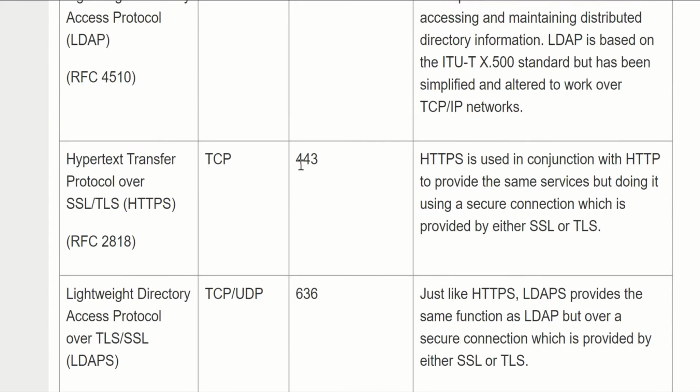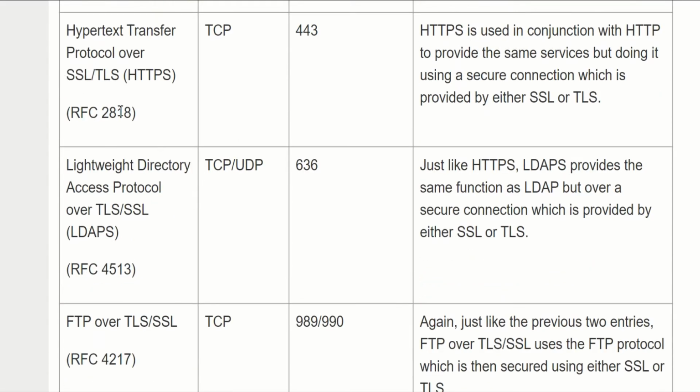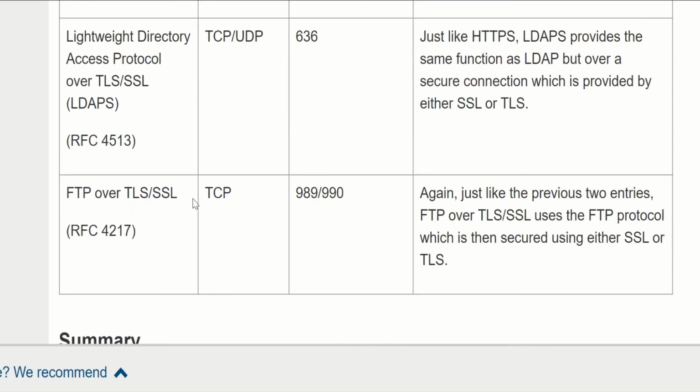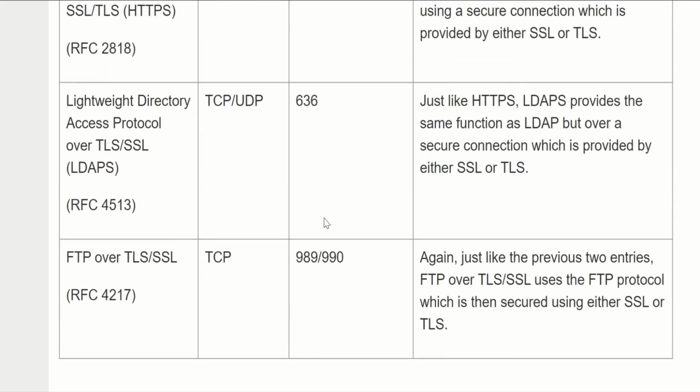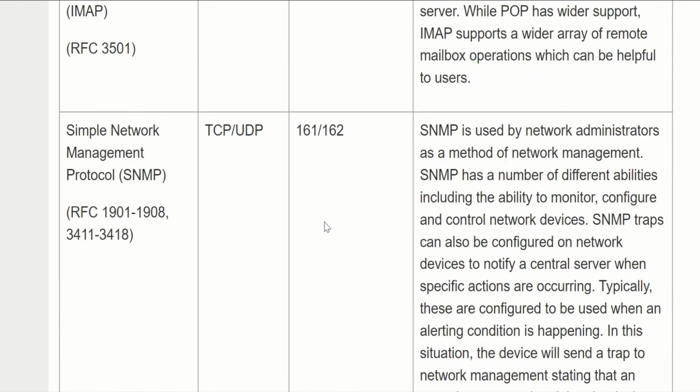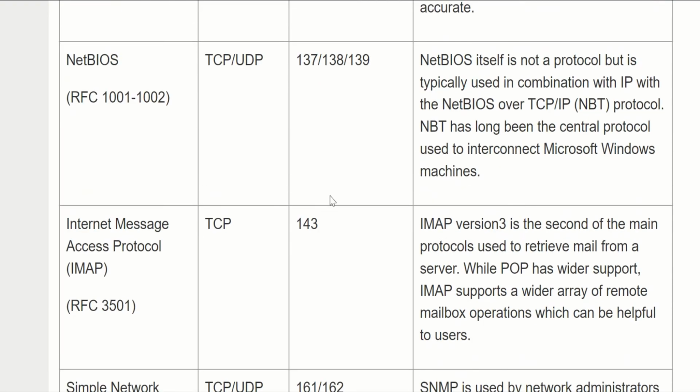We can see that sometimes browsers give a 443 error. That's because of SSL certification errors. FTP over SSL 989, 990. These are some of the important protocol port numbers. Note these port numbers. I will provide this in the link also, so go through it.